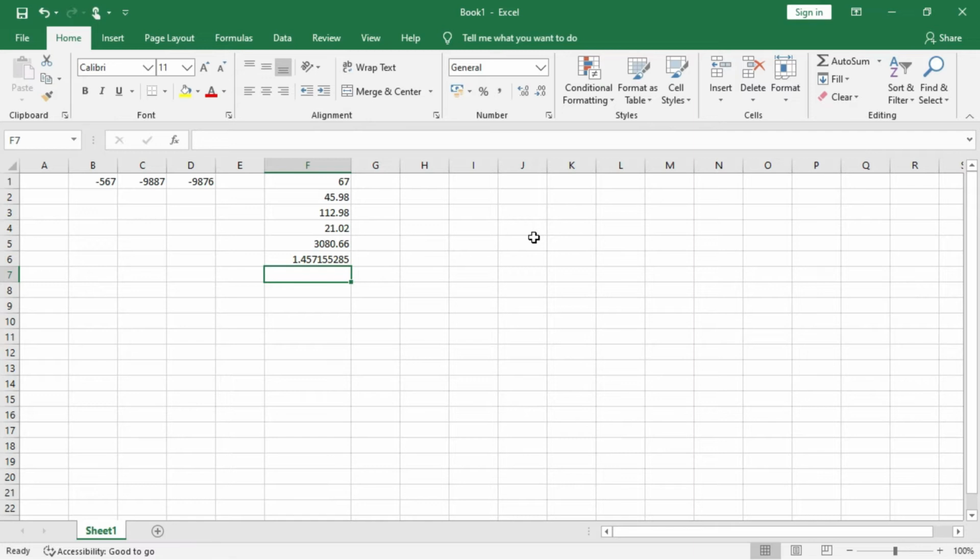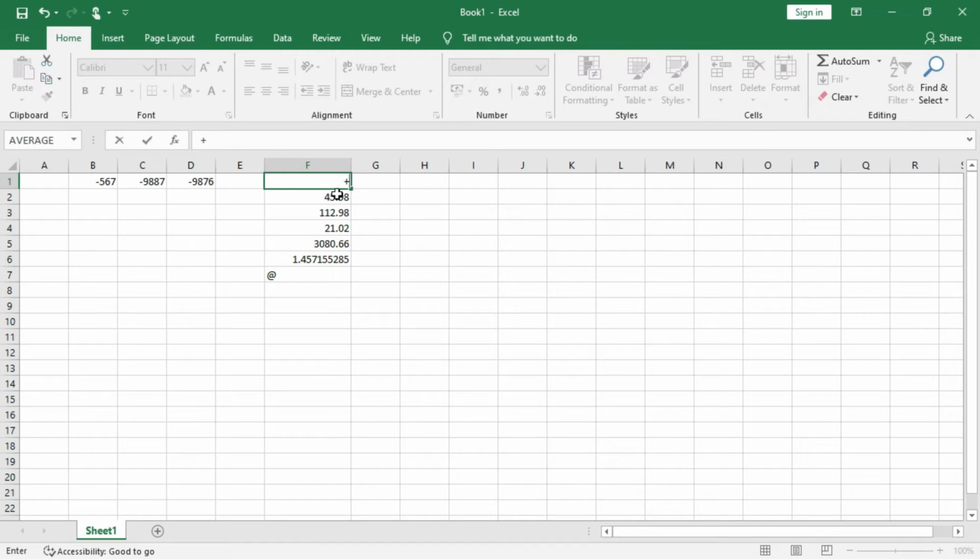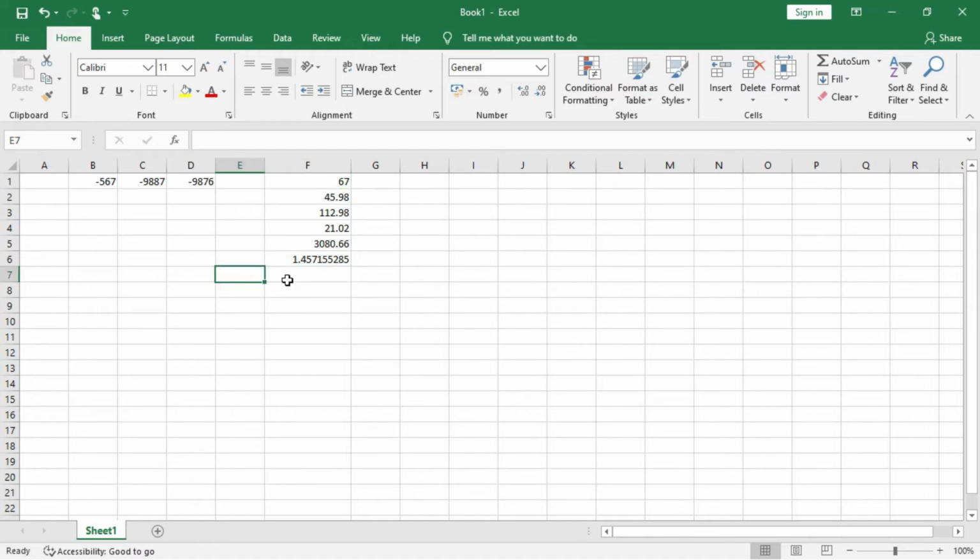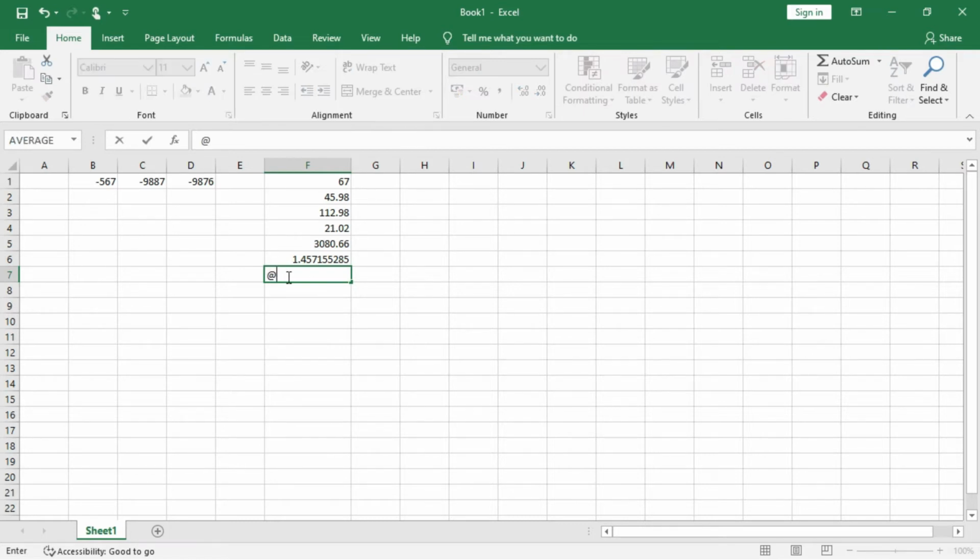One more interesting thing I am doing now. Suppose I'm writing this way with the at symbol, and then 67.